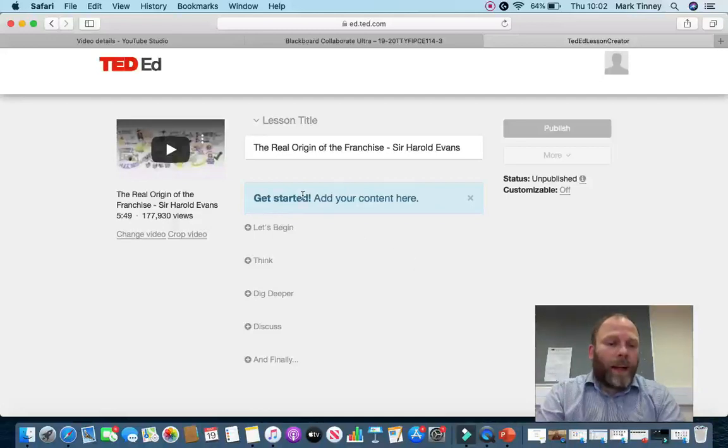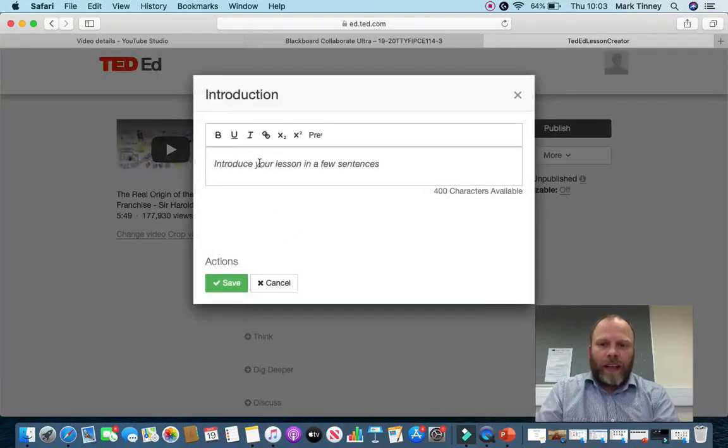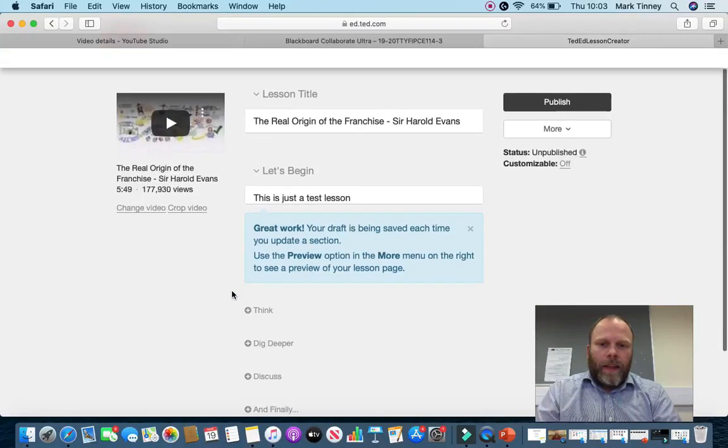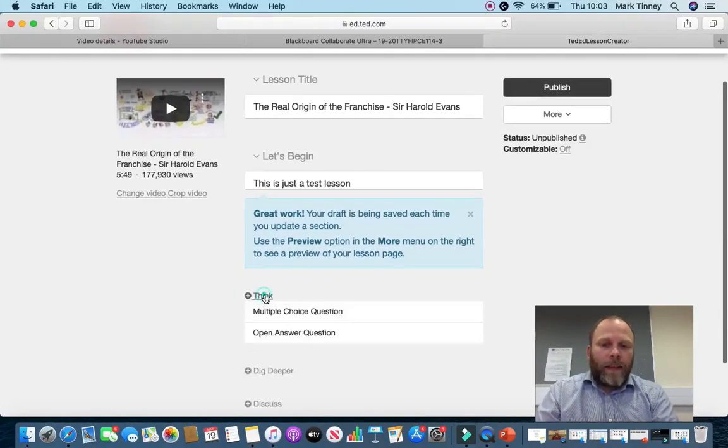So what I've got essentially is the way TedEd is built, that I have 5 default sections that I can use. So I've got this Let's Begin, which is sort of the introduction or starter. What's the lesson going to be about? What are the objectives for the lesson? All of those sorts of things. And I can just click on Add, add that, and then I can click on the think, which is where I can now add all kinds of